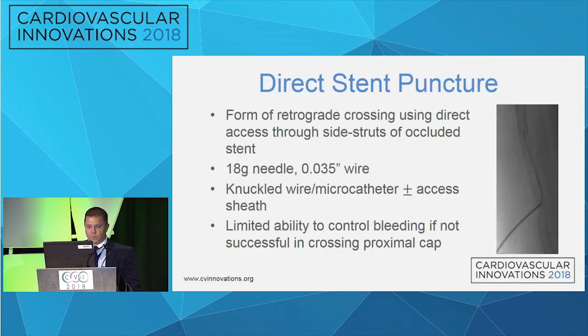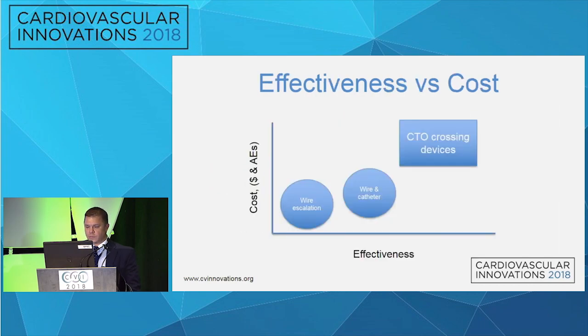Essentially, the retrograde wire is knuckled through. Many times you do need a sheath to provide support to get through the proximal cap, and the downside is probably the limited ability to control bleeding if you create a big hole in the stent and you're unable to cross. So my preferred approach in considering this